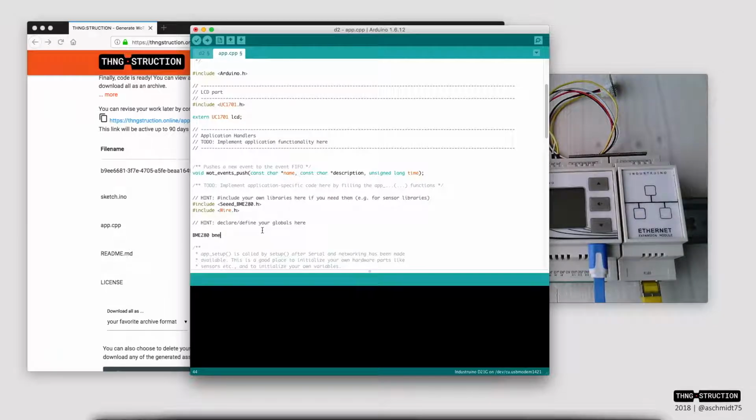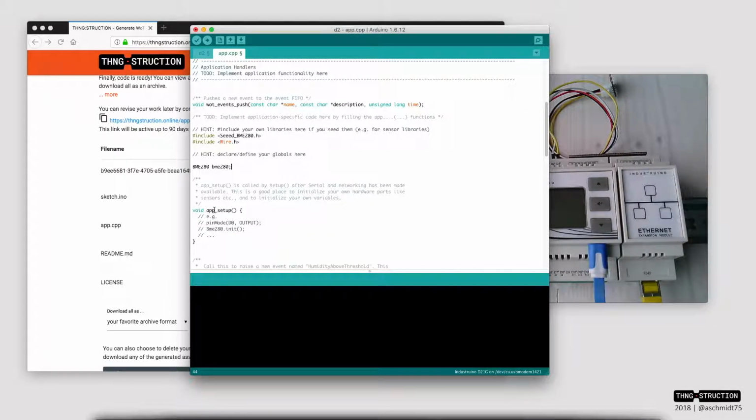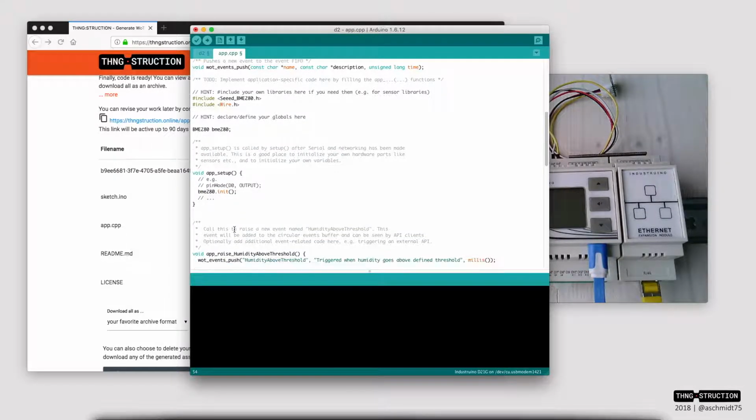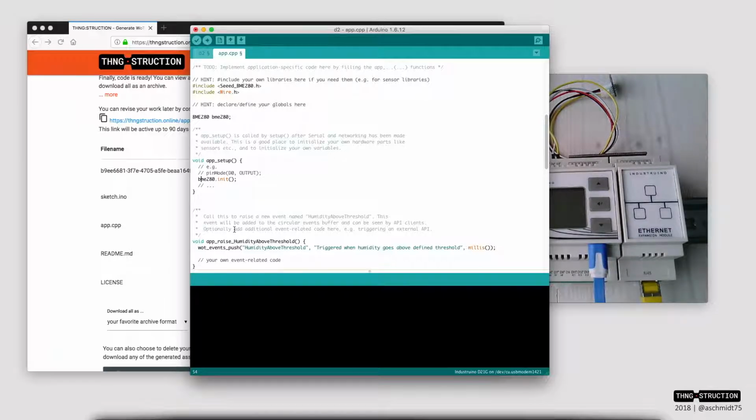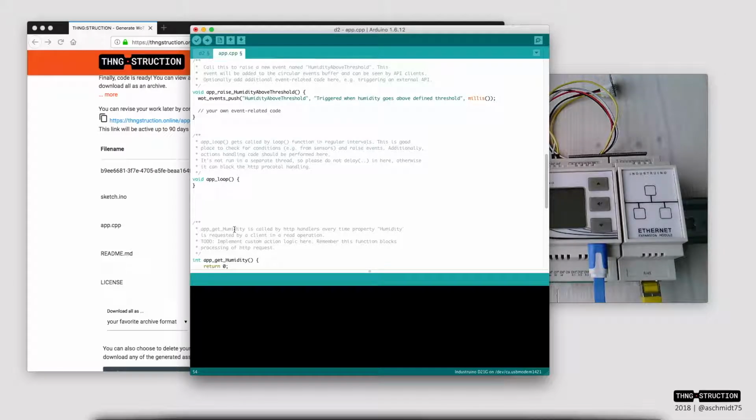Class name is BME280, and I give it this name. And the app setup function is called by the global setup after serial and networking has been established. So that's a good place to initialize my BME280 sensor, calling BME280.init. And as a first step, I would like to be able to just measure the humidity and query it using